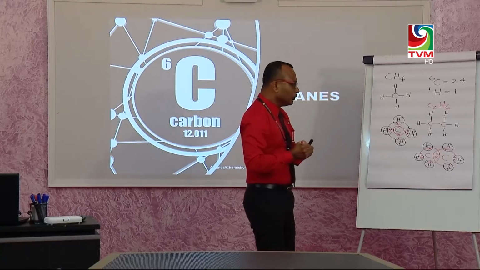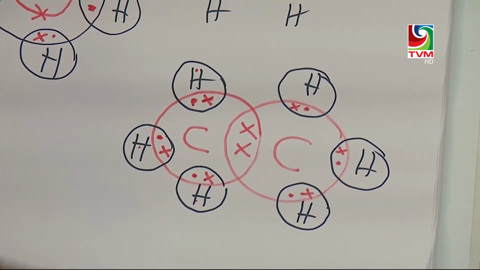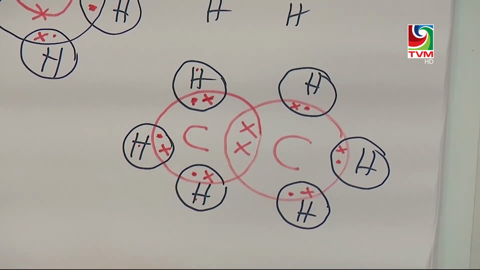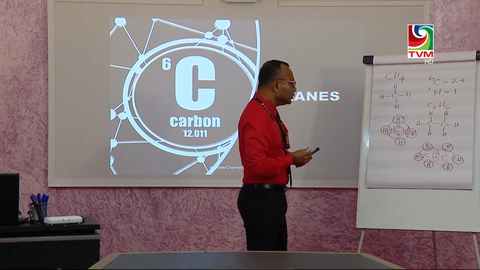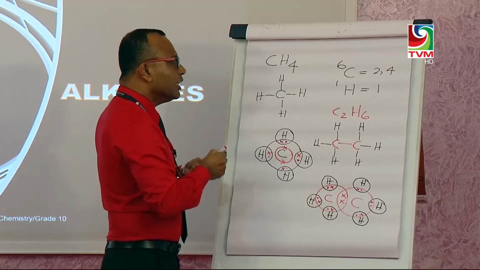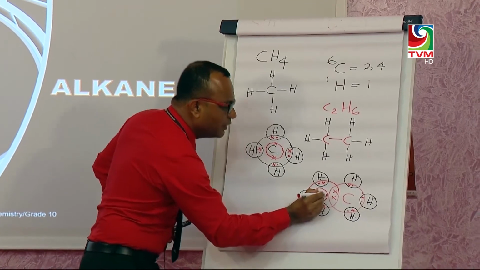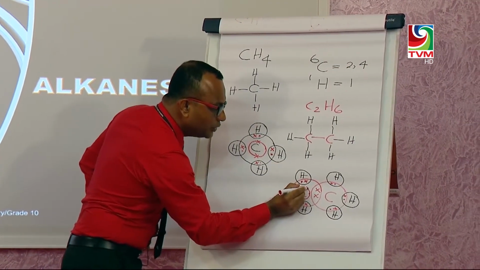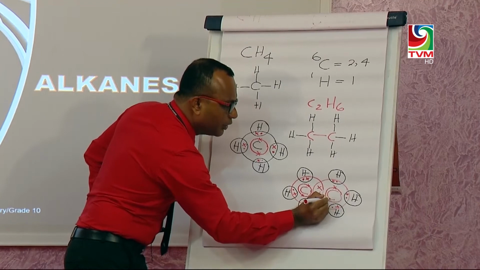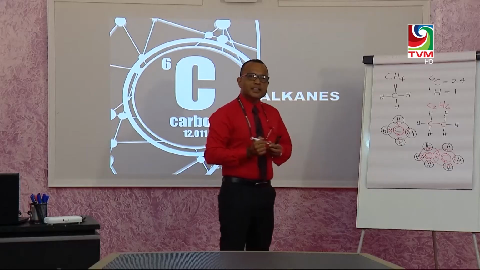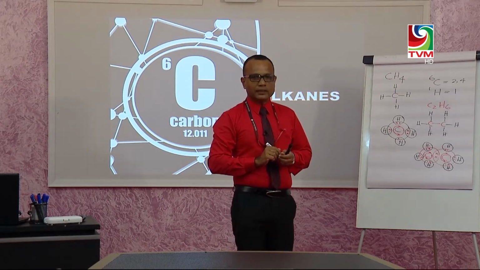So this diagram shows the dot and cross diagram of ethane, but remember it shows outermost electrons only. We need to draw all the electrons in some questions. So what you need to do is draw the inner energy level of carbon, which consists of 2 electrons. First energy level, as you can see, there are 2 electrons, 2 crosses, even on this carbon. We have drawn the dot and cross diagram which shows all the electrons of ethane.